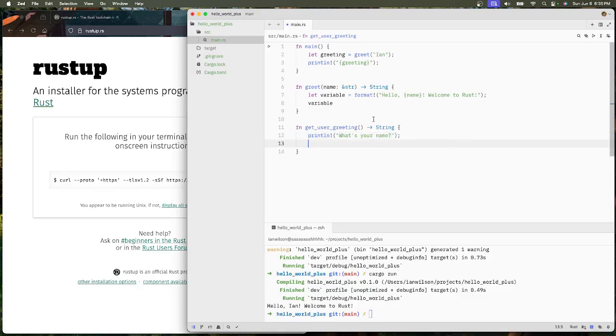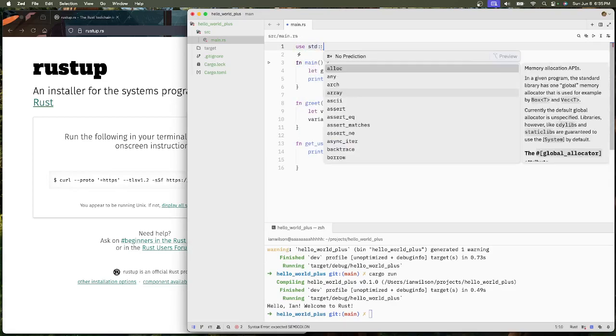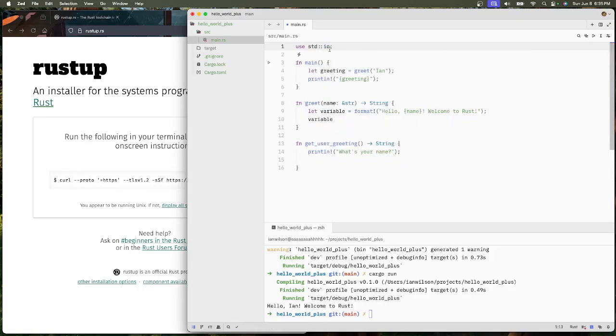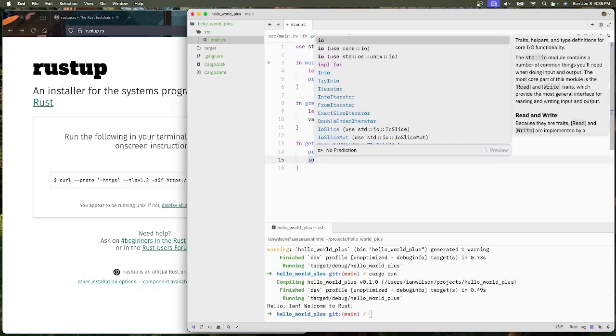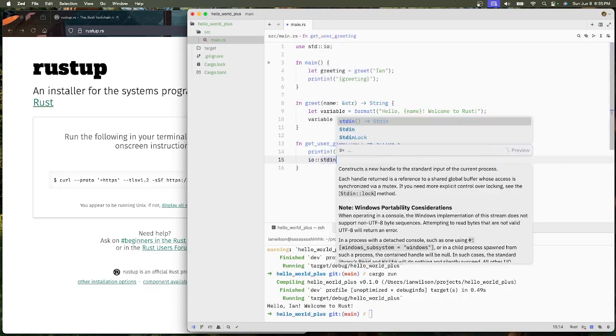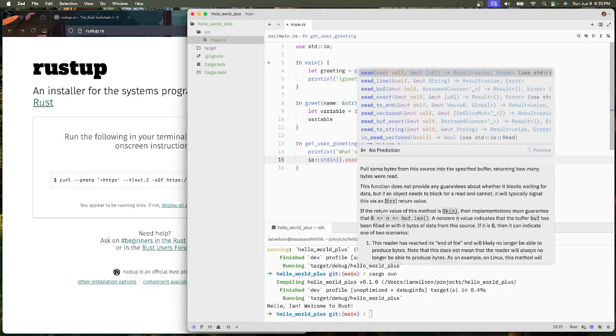We want to grab some input from the user, and to do that, we need to import a library from the Rust standard library. To do that, I'm going to call use std::io, and what this will do is give us access to a function that allows us to call standard input. And off that, I can call readLine,